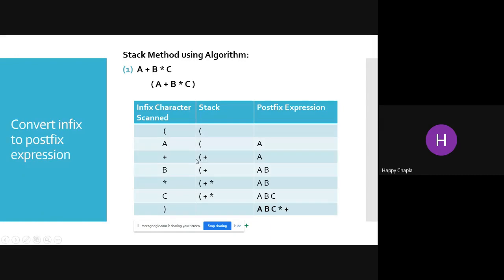Now this is the stack, which can hold the operators. This is the stack at index 0, and this is the stack at index 1. What is the top of the stack value? The top of the stack value is plus in this case. This is horizontal; now think of this stack vertically. Here we have the starting bracket, and at index number 1 I have plus. Now, what is the rule? Here we have the rule.